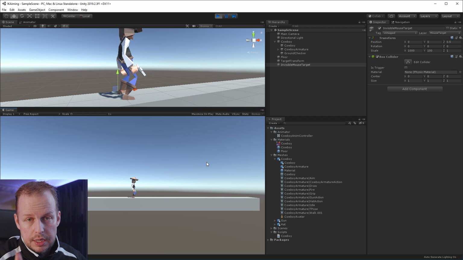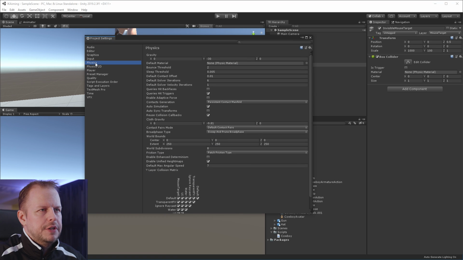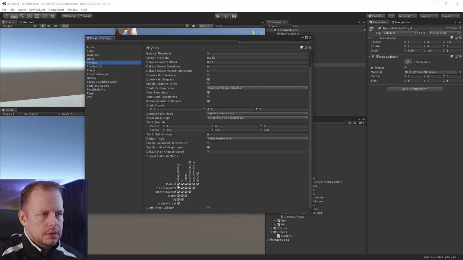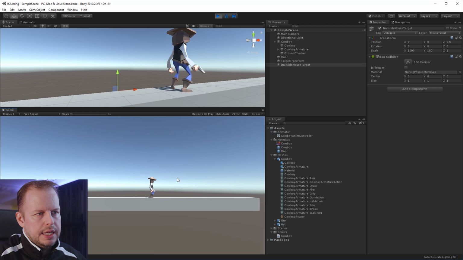Oh yeah, here's an important point as well. My character stopped being able to walk left and right, even though it was working before. And that's because we've got this big massive collider here. And that's why we put it on a separate layer like this, because now we need to go into the project settings here, and then in physics, we need to disable all the collisions for the mouse target layer. And now we should be able to move again, because we only want to use this layer for the actual